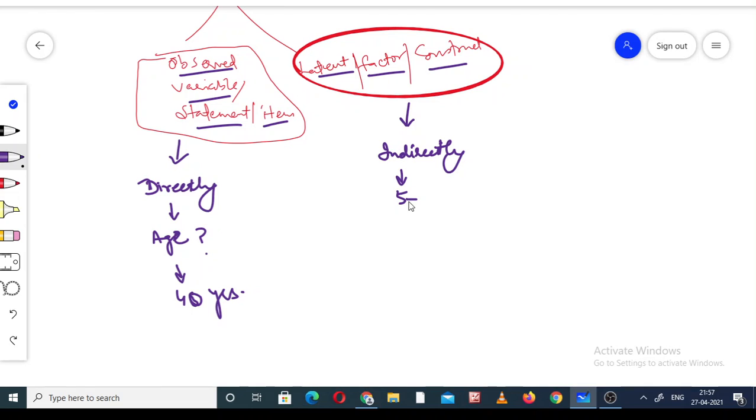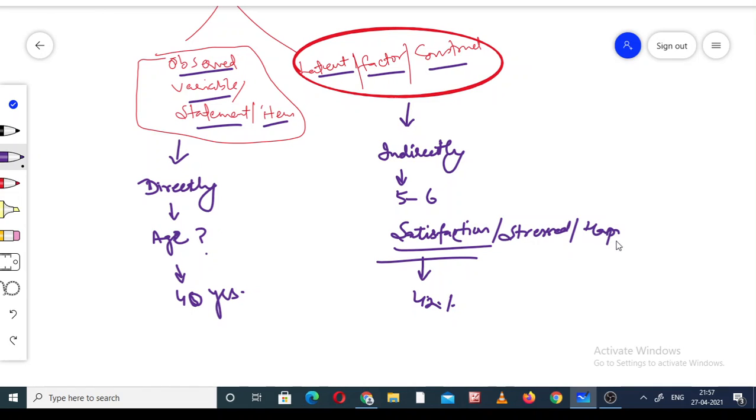This is indirect. We are not asking for quantitative data, we are asking for qualitative data. We never ask qualitative data directly, and it's not possible. Suppose the example is satisfaction. We cannot ask how much satisfied you are, and the person cannot say I am 42% satisfied. So with satisfaction-related questions, or stress, how stressed you are, or how happy you are, these cannot be asked directly.